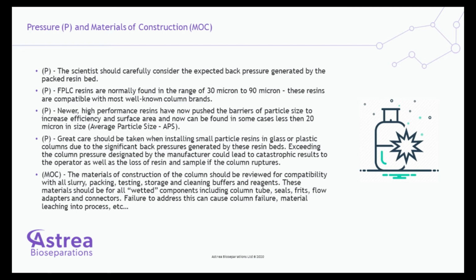Columns that are made from glass, even though they can appear to be without any kind of impurities, dents, dings, or cracks, have inherent stress that is residual from the manufacturer when the glass is made. The glass is normally annealed, and you cannot see the residual stress inside of a column. Here in our own lab, we have special tools where we can create visibility of that internal stress. But oftentimes, even though we can take a column and test it and it appears to be fine, it can fracture